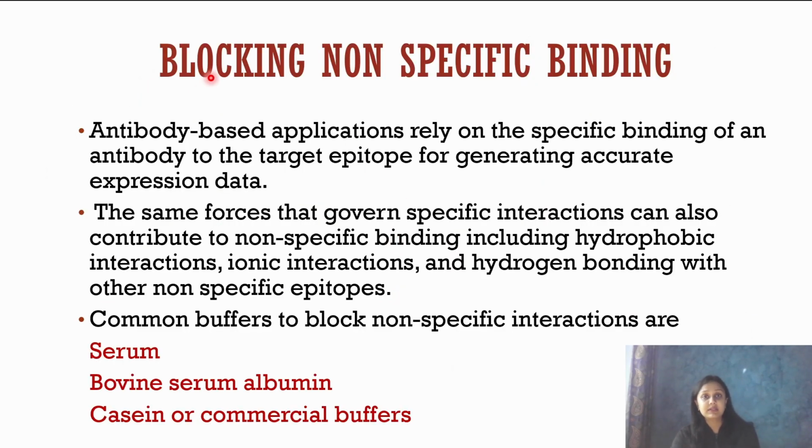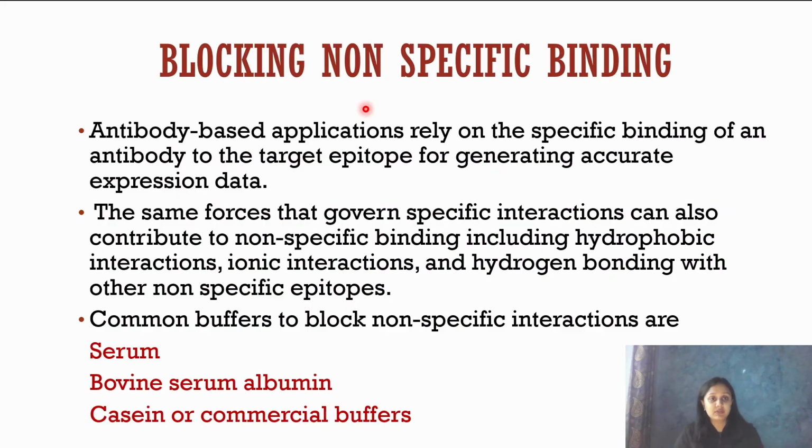Now, the third step is blocking of non-specific binding. Apart from these endogenous enzymes and apart from exposing the antigen, we also need to block the non-specific binding as well, because this is not the only binding, antigen antibody binding, that takes place. There is a lot of non-specific binding also taking place in the same tissue, which can again be a problem